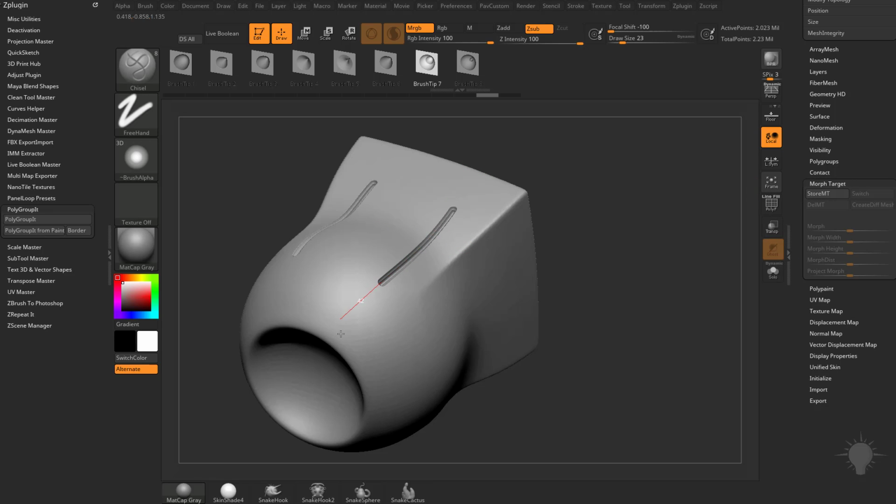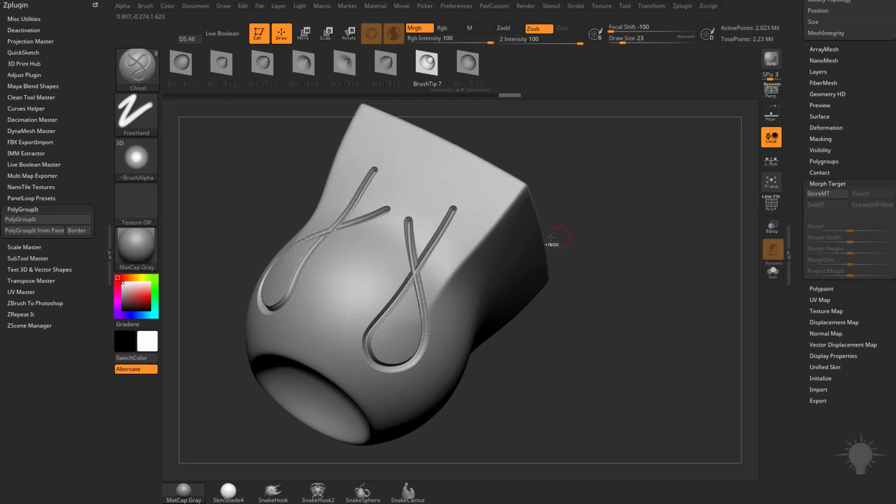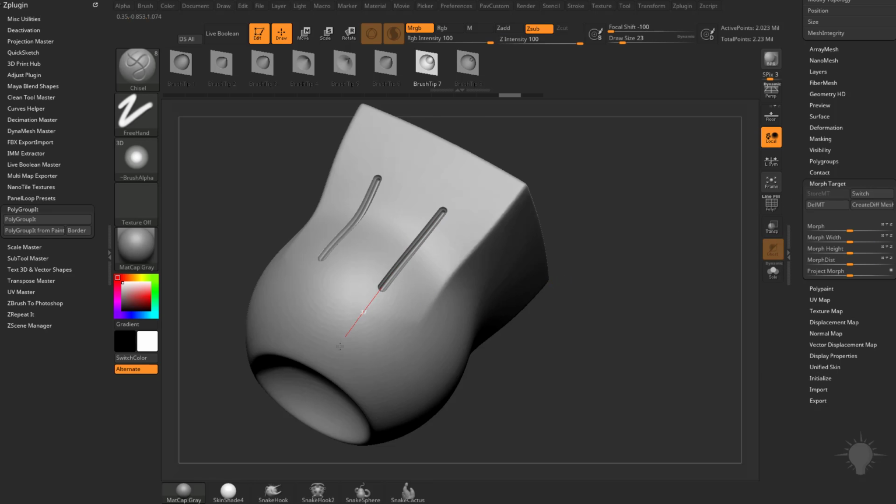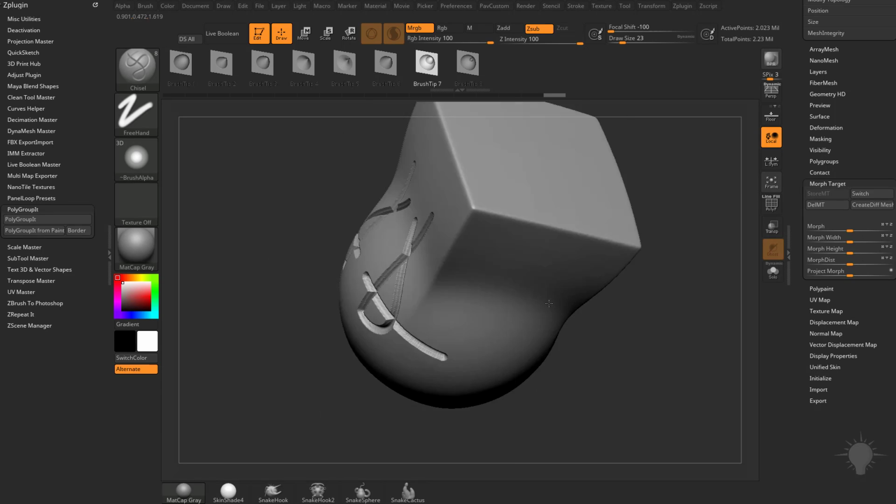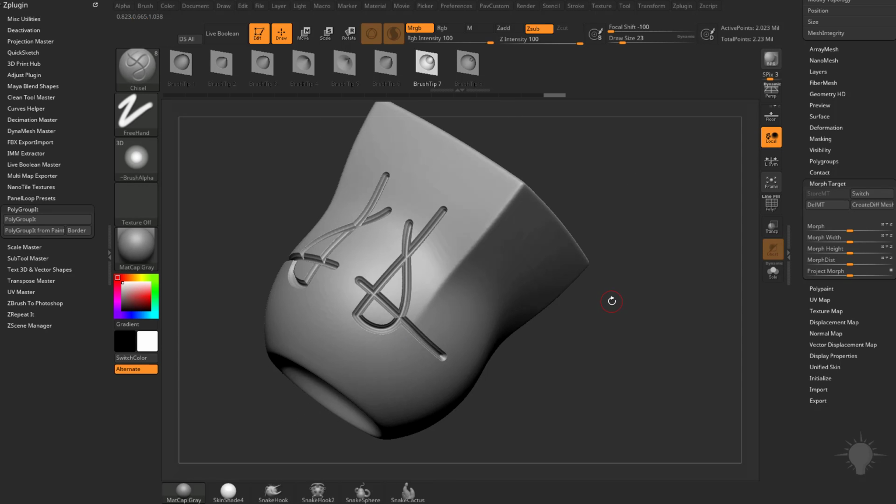So right now, if I use the chisel brush and I kind of cross over my stroke, it looks great. It crosses over perfectly. However, if I use my chisel brush and then pick up and then cross over my stroke, it kind of mangles it. If you want to avoid that, store Morph Target, and now you can go, of course, across a stroke here and then across a stroke this way, and it'll work perfectly. You get nice, even chisel lines.